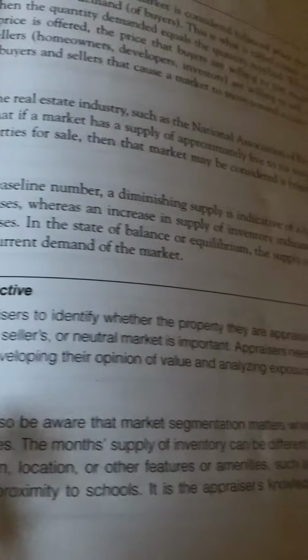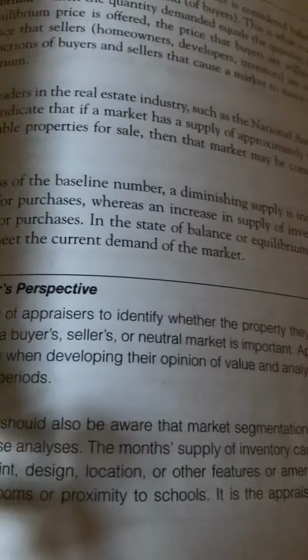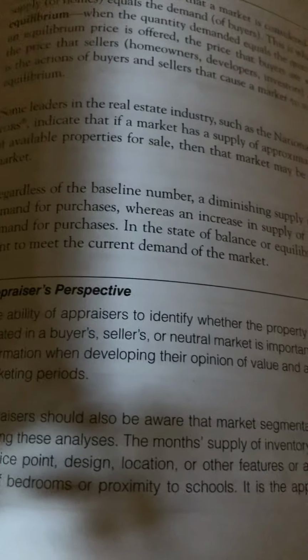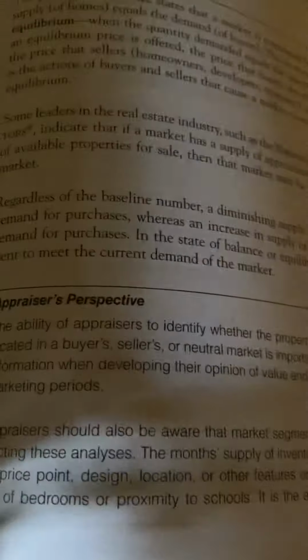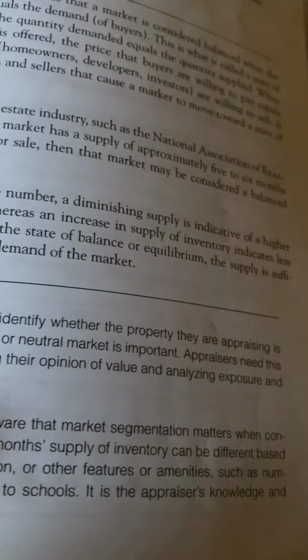Appraisers should also be aware that market segmentation matters when conducting these analyses. The month's supply of inventory can be different based on price point, design, location, or other features or amenities such as number of bedrooms or proximity to schools. It is the appraiser's knowledge and